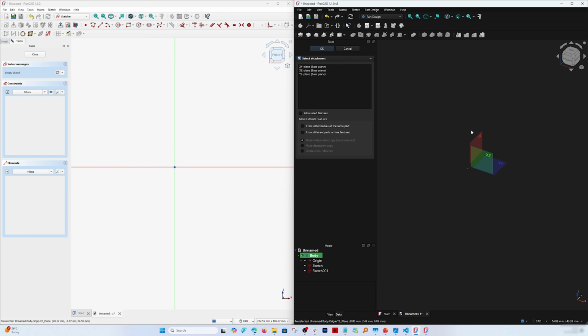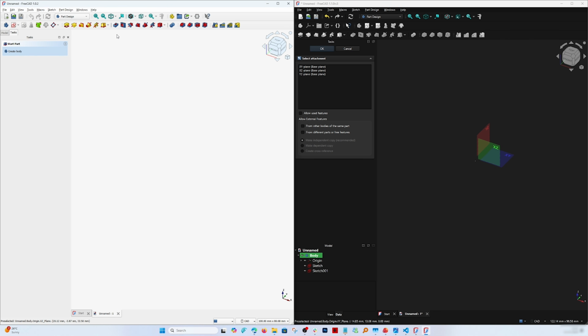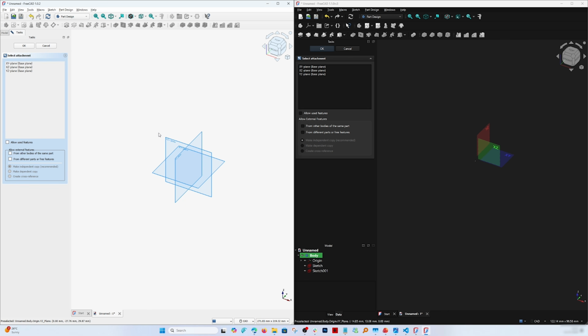Also, you can see as soon as I try to select the plane, it starts becoming larger compared to the original size. However, when we try to do the same in the previous generation, you can clearly see the size of the planes stays the same, it is not getting larger, as you can see in the case of this